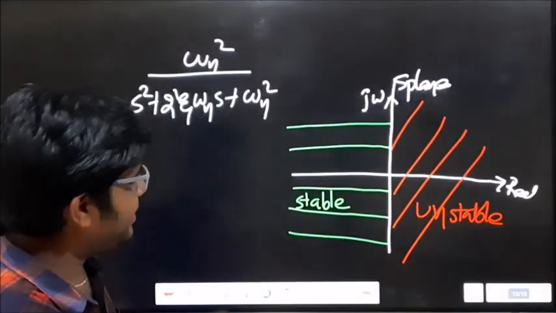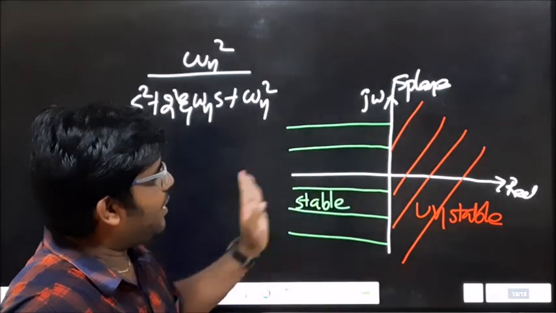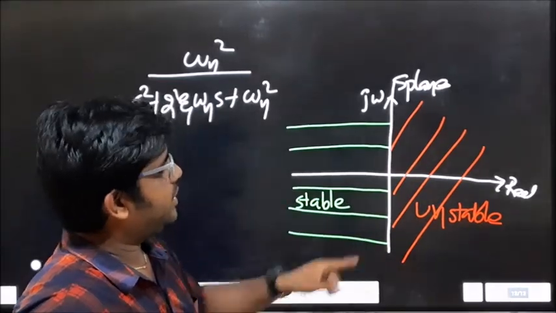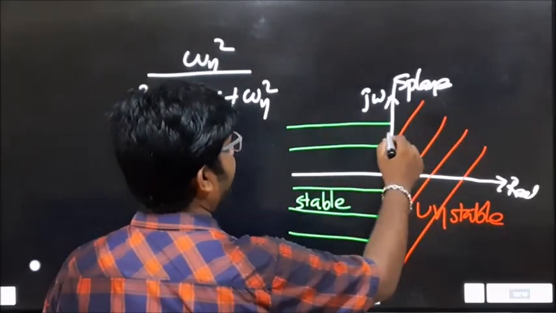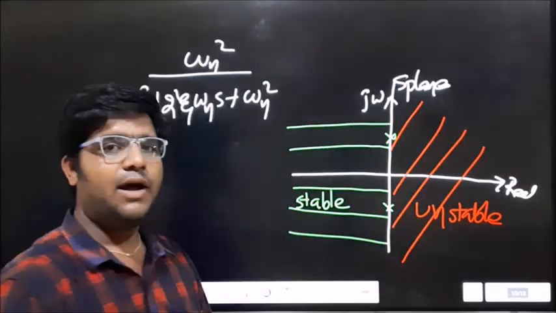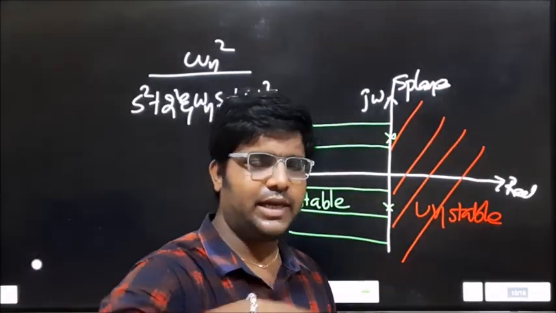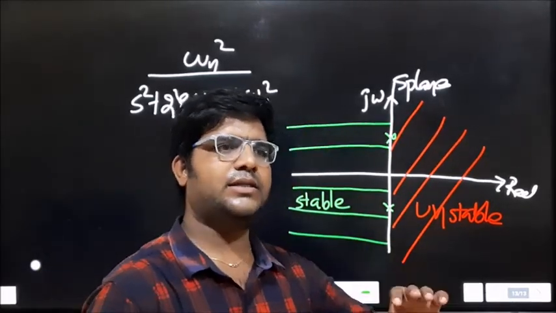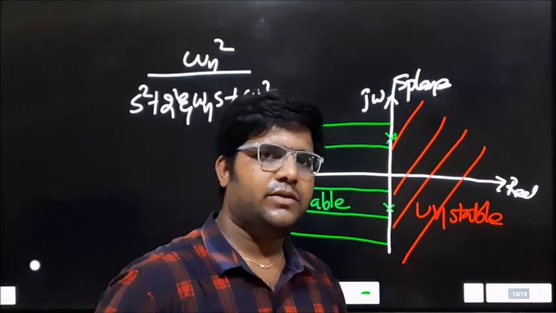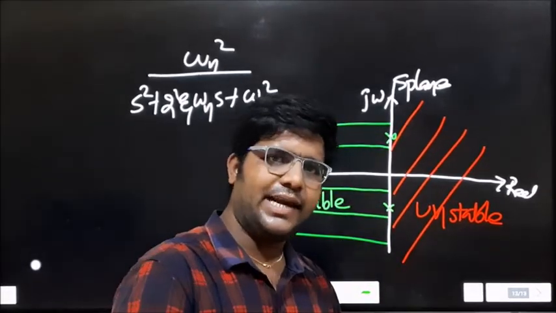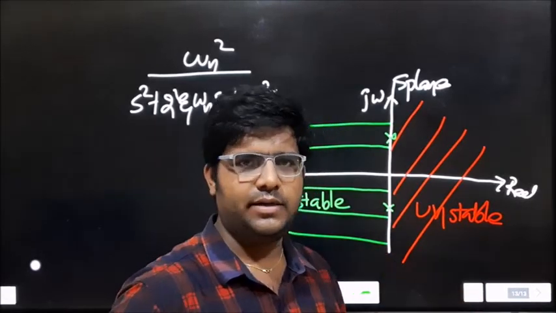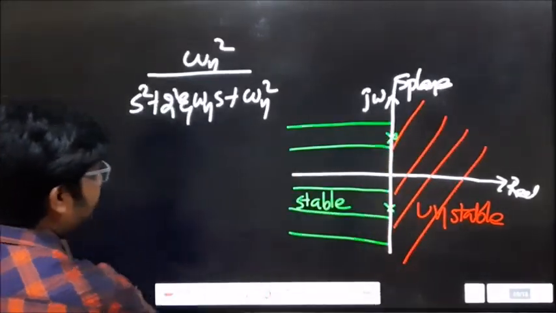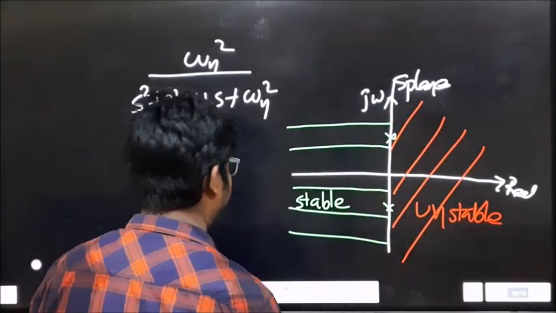But the condition is, if the poles are located left of the j omega axis, the system is completely stable, and if the poles are on the j omega axis, let's say over here, then it is called marginally stable. We have some oscillation, but the oscillation is bounded between two limits, which is why the system does not go out of this boundary. The system is not exactly stable, but is stable between two limits. So we will consider up to the j omega axis and the left half of the S plane, and we do not bother about the unstable system.